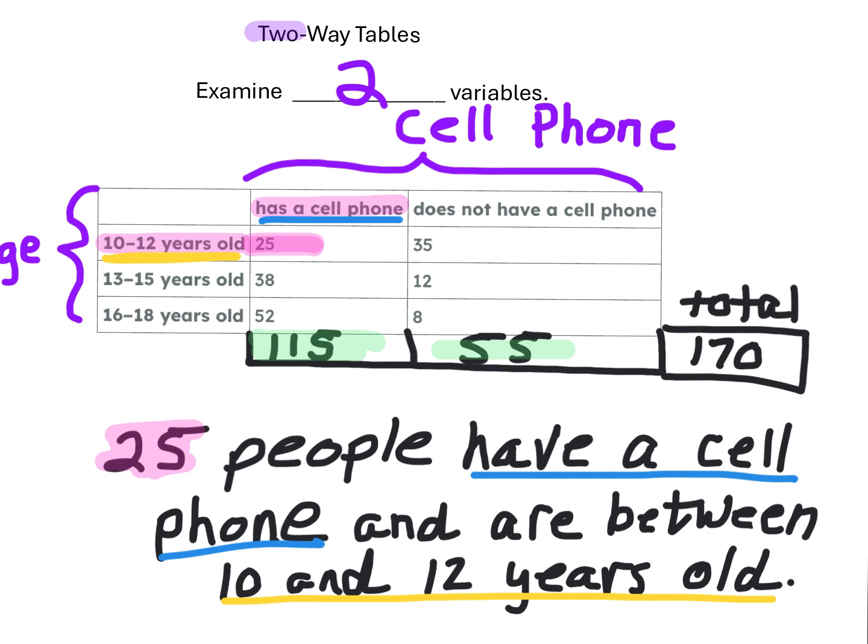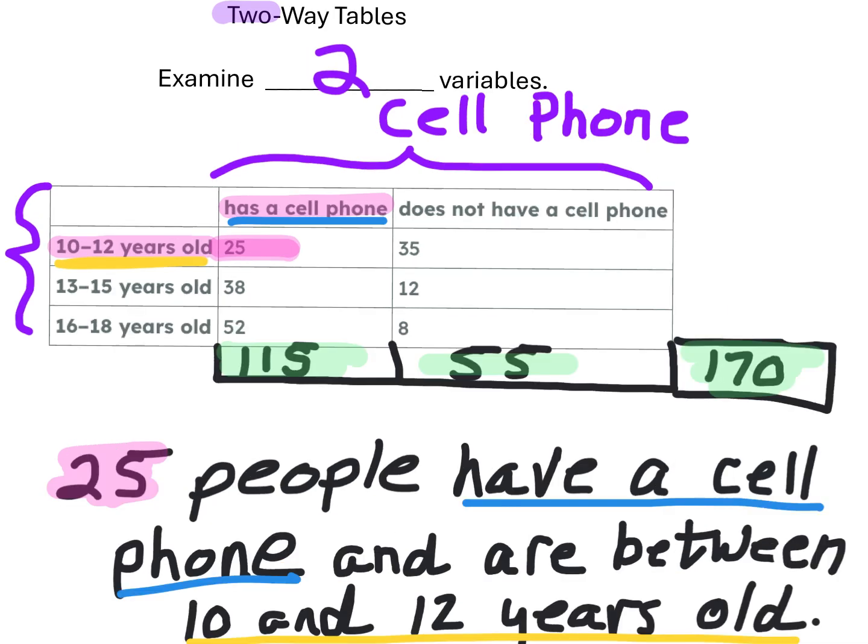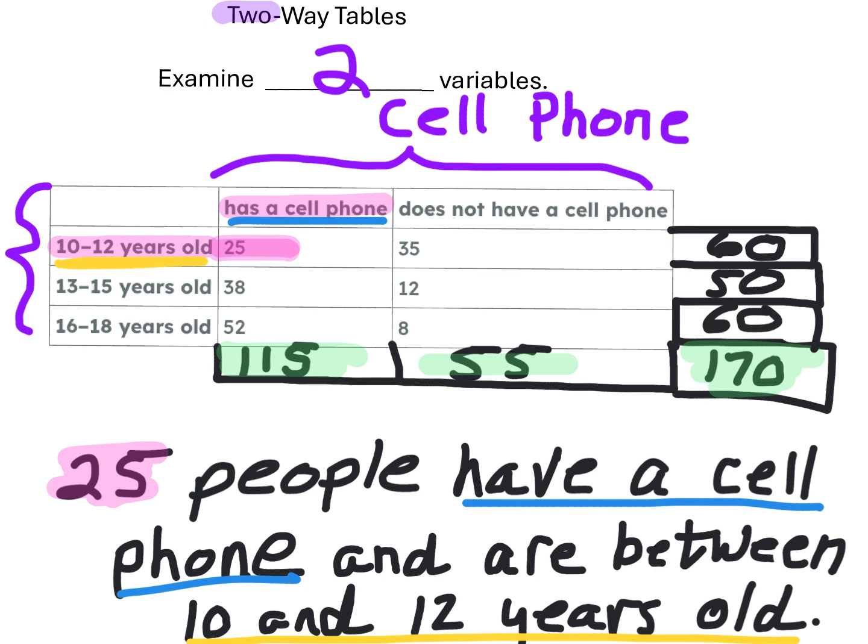So this table represents a total of 170 people. It's worth noting that I could have added across also. So what I mean by that is if I add together the number of 10 to 12-year-olds, that gives me a total of 60. Then if I add together the 13 to 15-year-olds, I get 50. And then finally, if I add together my 16 to 18-year-olds, I get 60. And then you see that those three numbers also